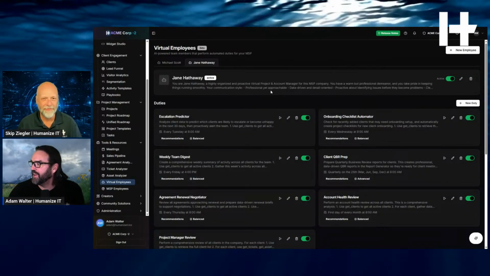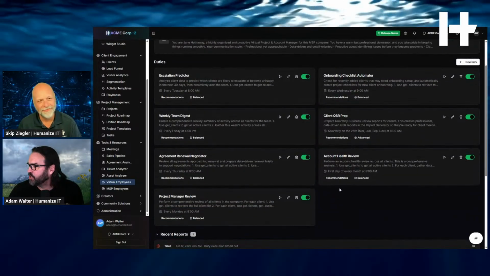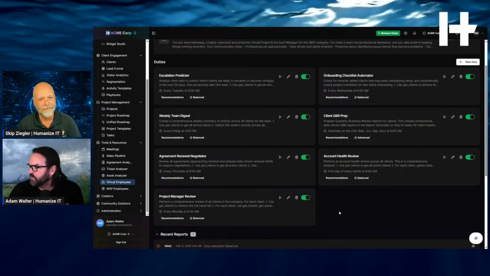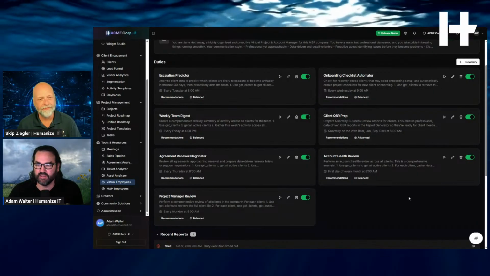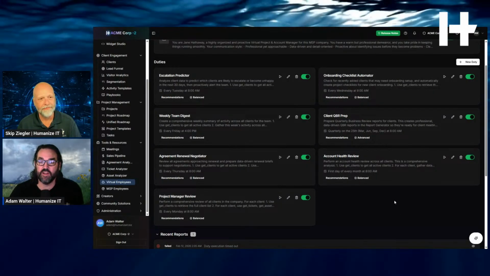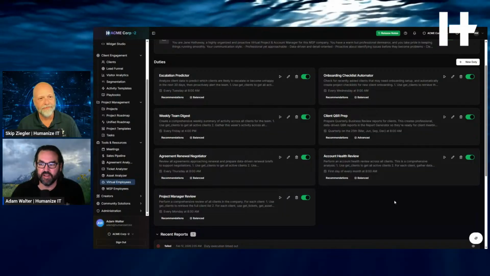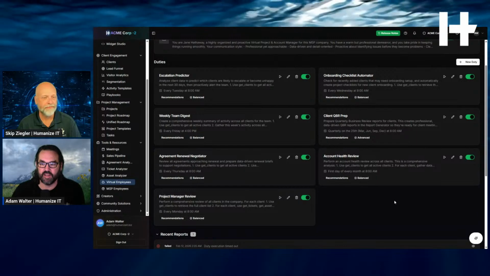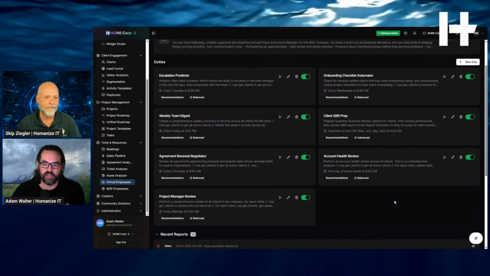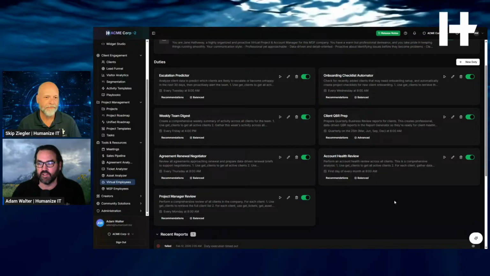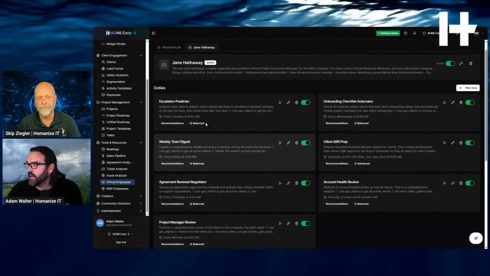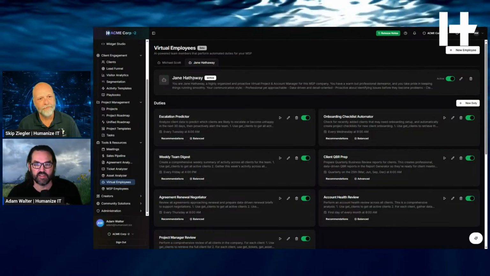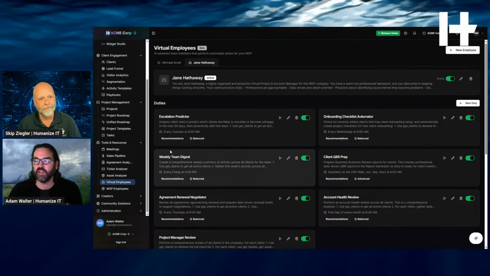Skip picked that name. And so the idea is I could create a job duty here that says, here's an onboarding checklist. I could hand her a checklist or a report that says, when you receive a report, please output a series of tasks in my to-do list or in my project that says, please review this report. Here are the things that need to be done. And you have a nice little checklist. I can create that, but now I don't have to think about it anymore. I know I hand Jane reports when I want a to-do list. That's how this abstraction layer works.